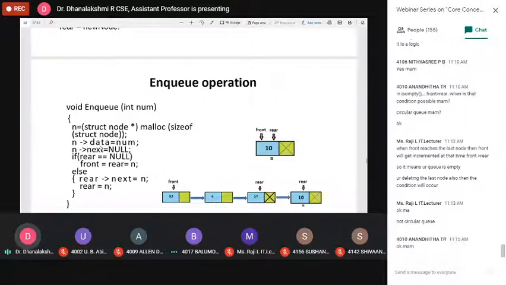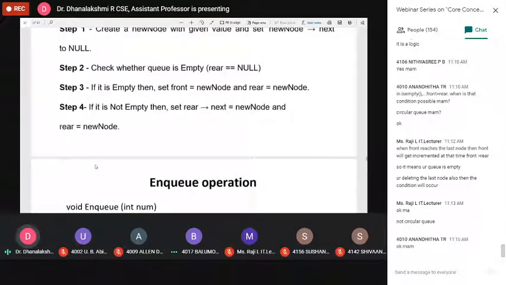If n is not null, it has allocated some memory, so you go for the next step. What is the next step? You assign data 10 to the data part and assign n next equal to null. Initially you assign this next part as null. Now we have to check if rear double equal to null. What I told you, if rear is null and front is null, it means the queue is empty.